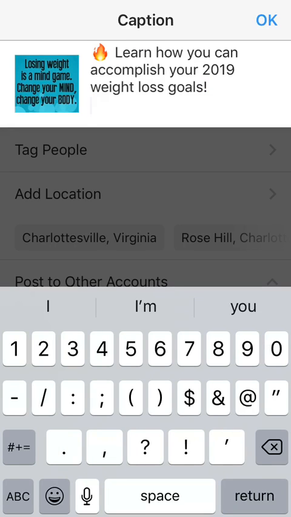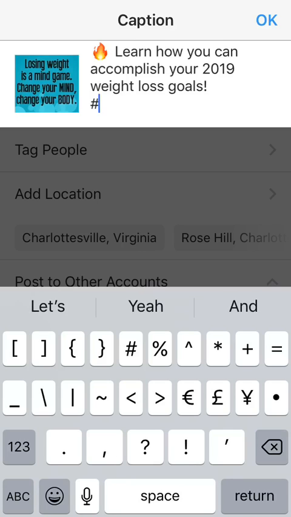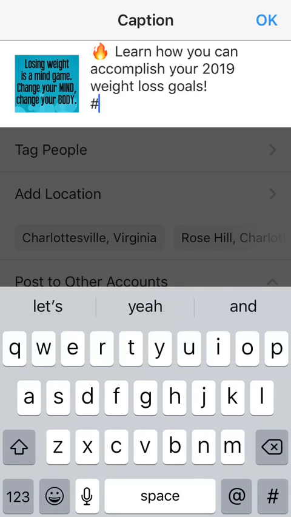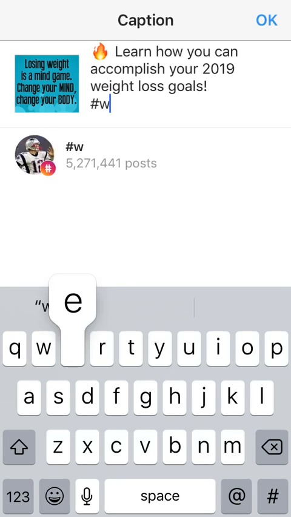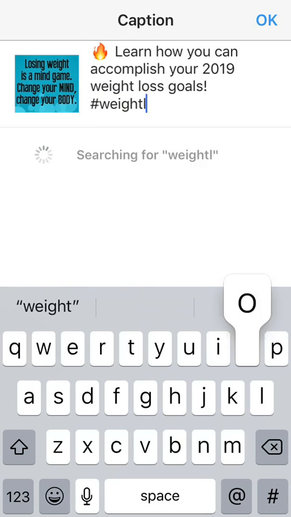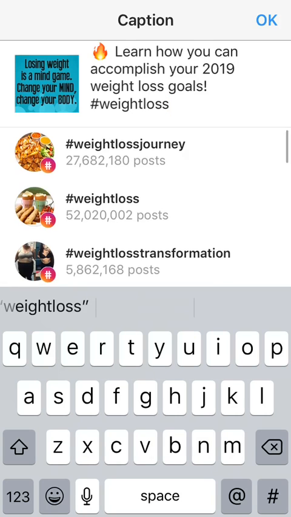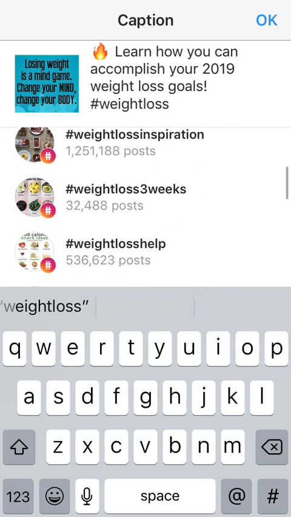All right, so now we're going to go to hashtags. One of the many things I like about Instagram is that they show you how many people are in this hashtag. So if we type in weight loss, all these different categories pop up.